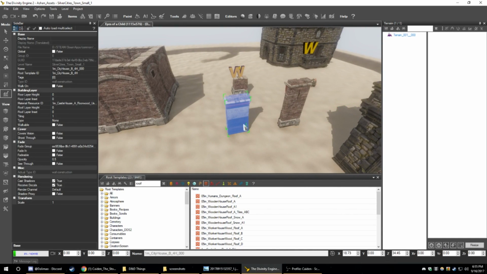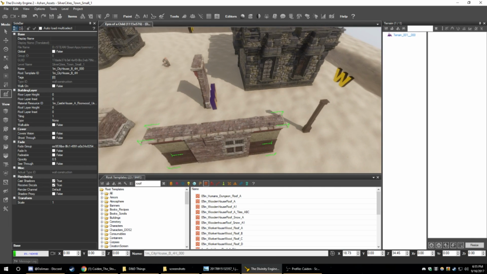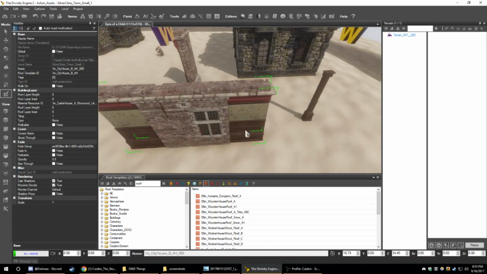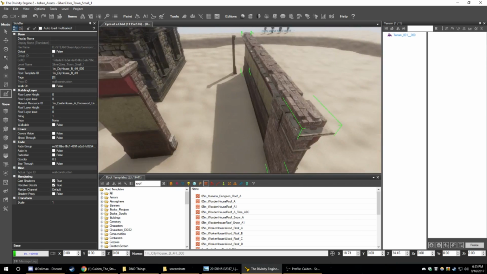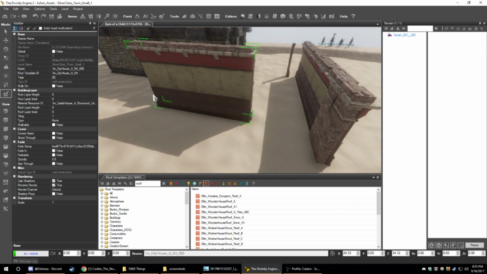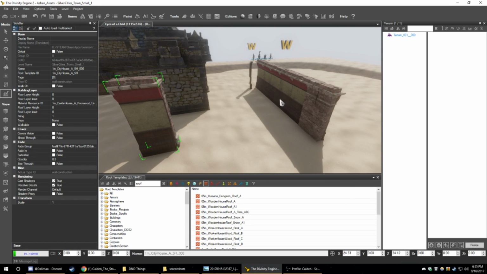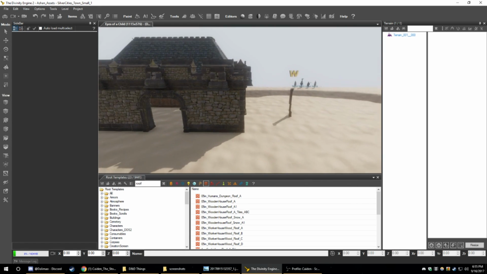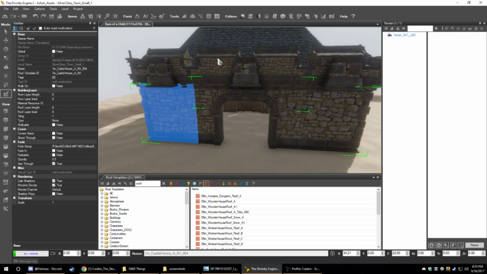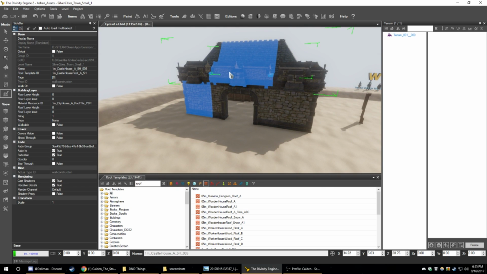Let's experiment with these walls, see what they look like. Looks like it's got interior pieces. Very similar to the last one, it's just a different model. This is just slightly taller, it looks like. Oh, and the scaling thing I mentioned earlier with NPCs, you can actually do that with these as well. So if you want this to just be bigger and you don't want to rebuild the entire thing,